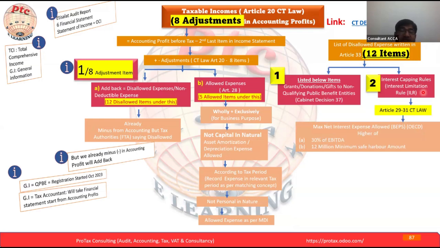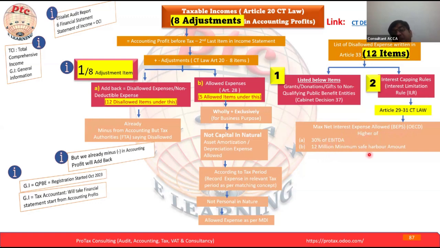Okay, so now here again we already learned the maximum net interest expense allowed as per the BEPS. What is the BEPS? Base Erosion and Profit Shifting, OECD model. So this interest capping rule, the Ministry of Finance of UAE has taken from the OECD BEPS model. So what is this model saying, and what understanding has the corporate tax law taken? They covered here the higher of 30% of EBITDA, but this EBITDA would be adjusted EBITDA,